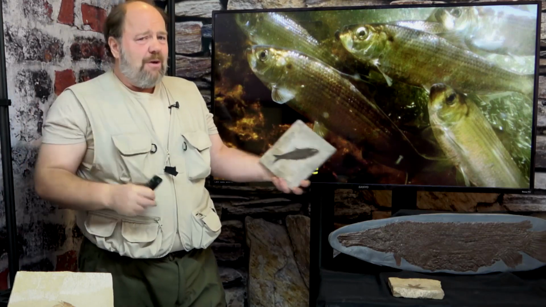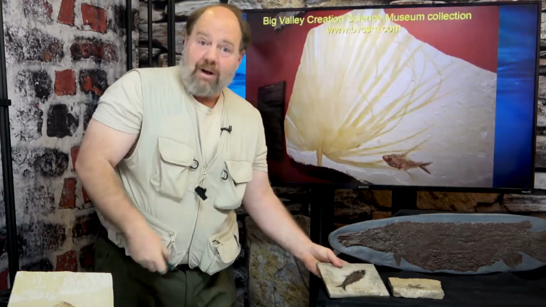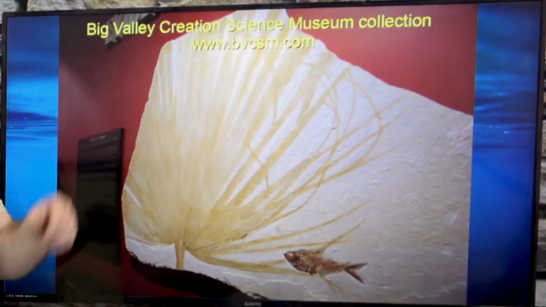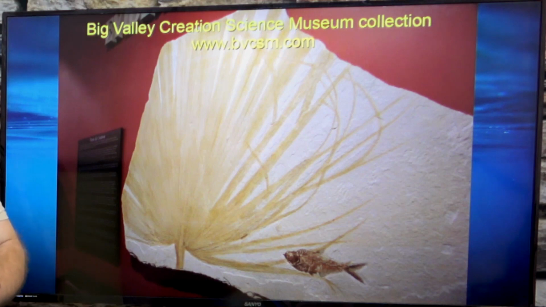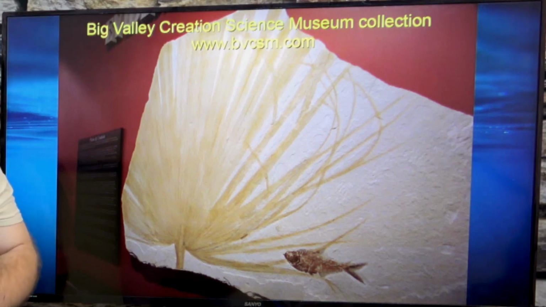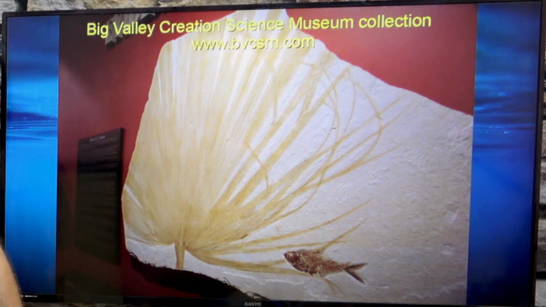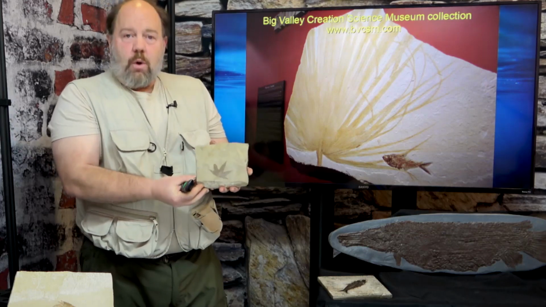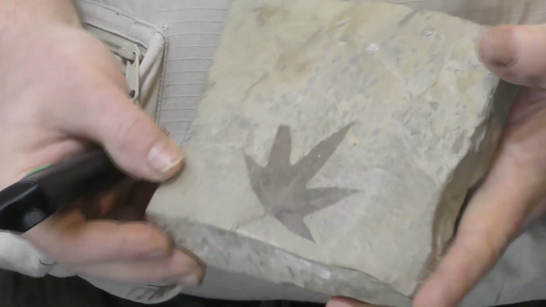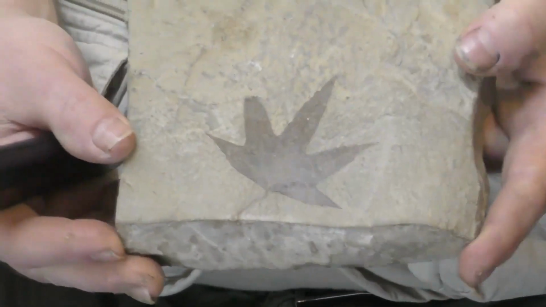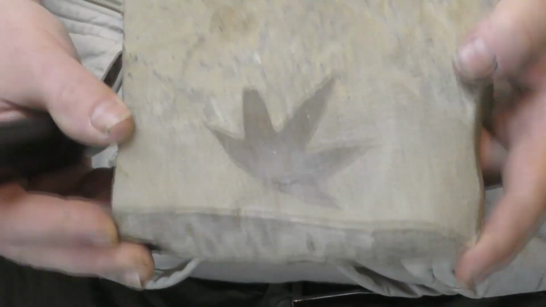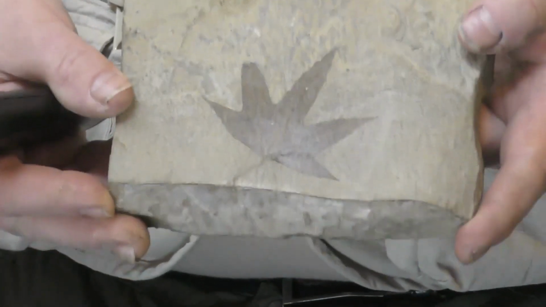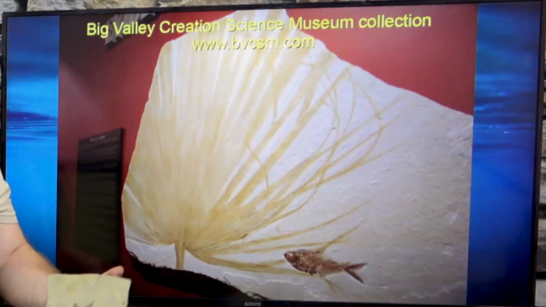But it's not just fish found in the Green River Formation. We find plants as well. Here's another original fossil on display at the Big Valley Creation Science Museum. You recognize it? It's a palm tree frond. How do you know? 'Cause it looks just like one. We also find other plants like this one. Some of you may recognize it right off the bat. It's a leaf from a sycamore tree. We know this because it hasn't changed from the fossil